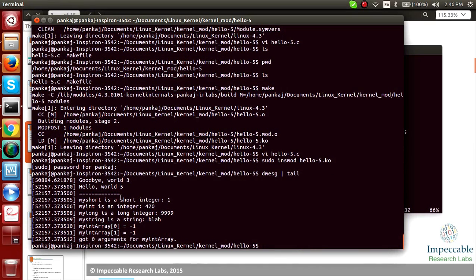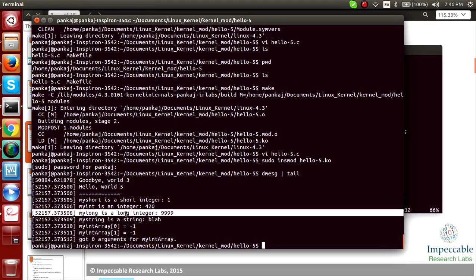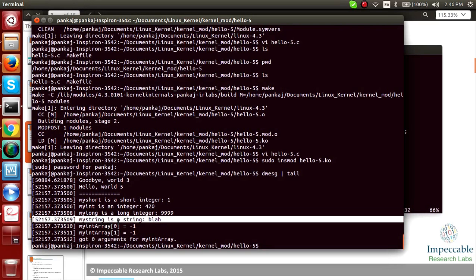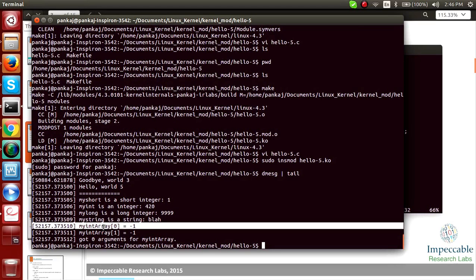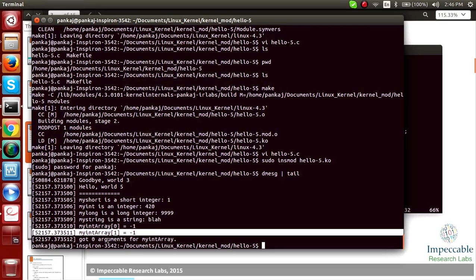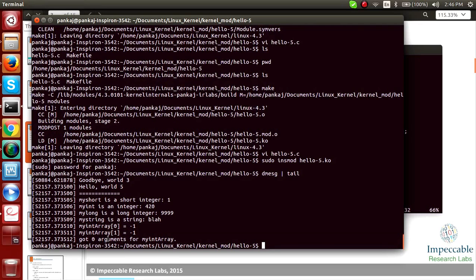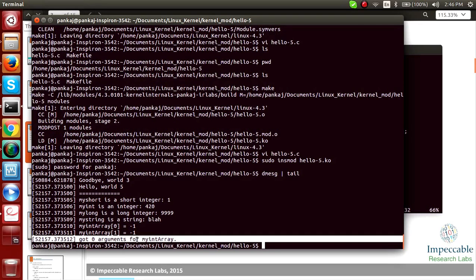Yes, it has taken all the default values: 420, short integer 1, long integer 999, my string blah blah blah, this is -1, this is -1, got 0 arguments in my int array.